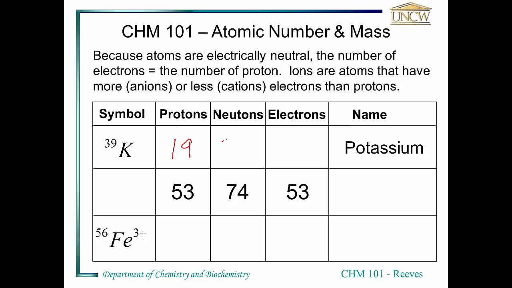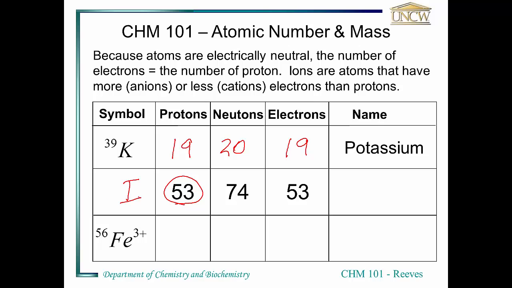That must mean that it must have 20 neutrons to make a total of 39 nucleons or nuclear particles. And since it's a neutral species, the number of electrons has to equal the number of protons. Both have 19. In the second row, we see an element whose atomic number is 53 protons in the nucleus,